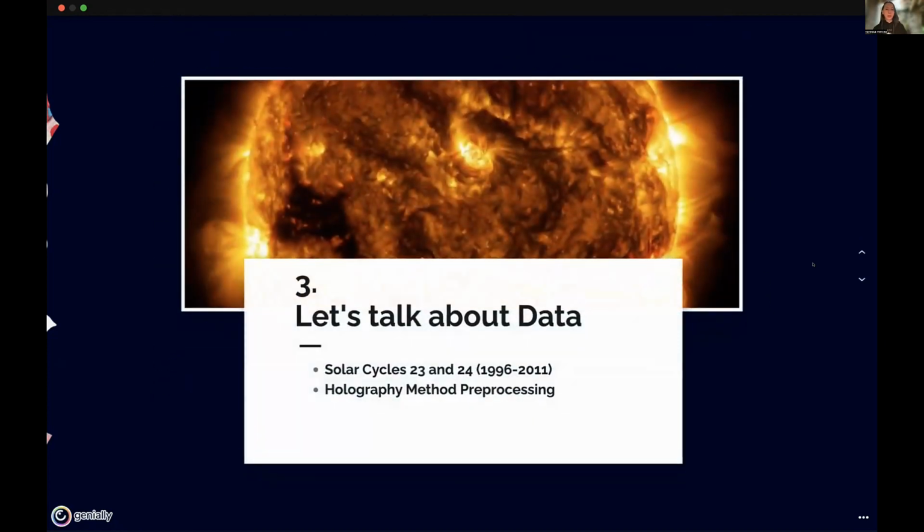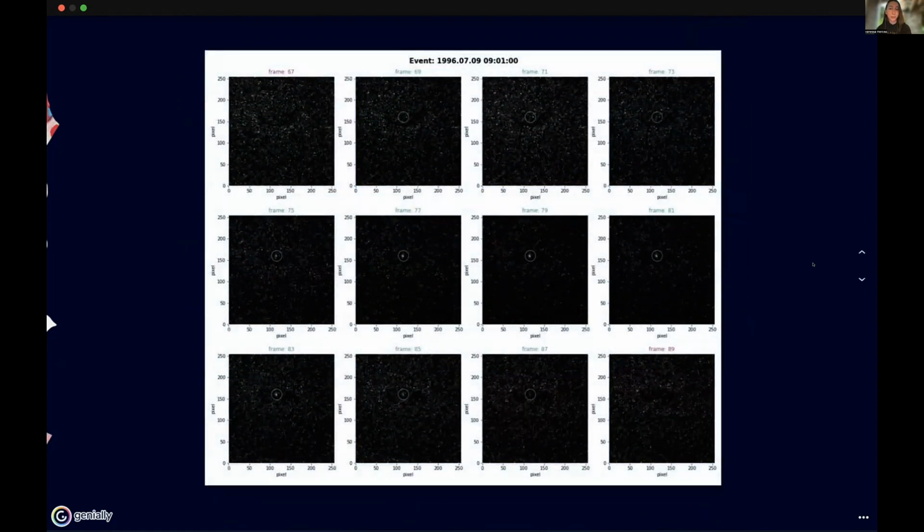Now, let's talk about data. We worked with solar cycles 23 and 24. So we covered the time period between 1996 and 2011. And as mentioned earlier, we have used the holography method for pre-processing. For those of you that are not familiar with this method, it basically relies on Dopplergrams that we download. And then based on a lengthy process, we eventually end up with movies consisting of around 255 frames that look like this,